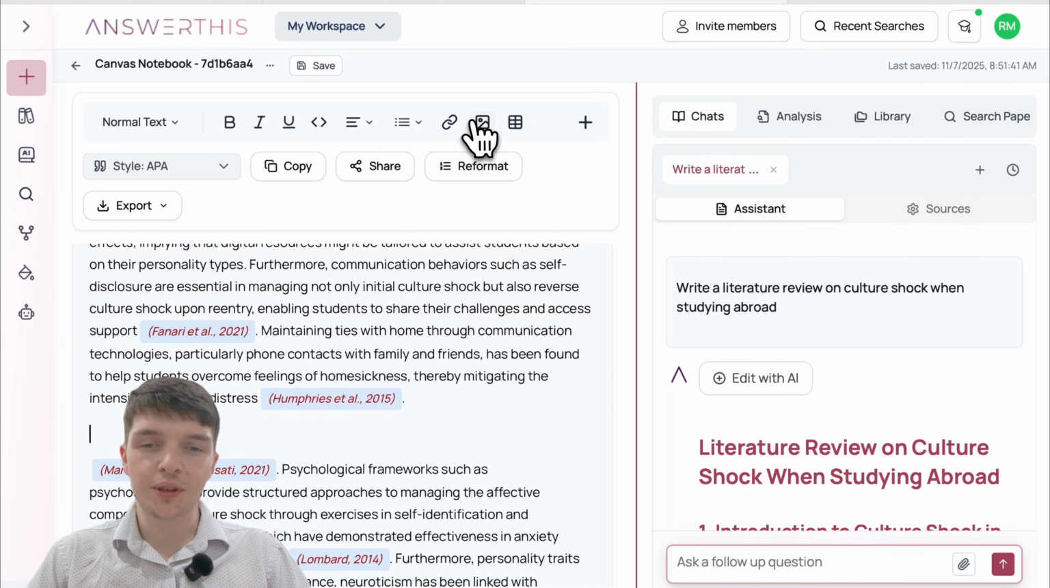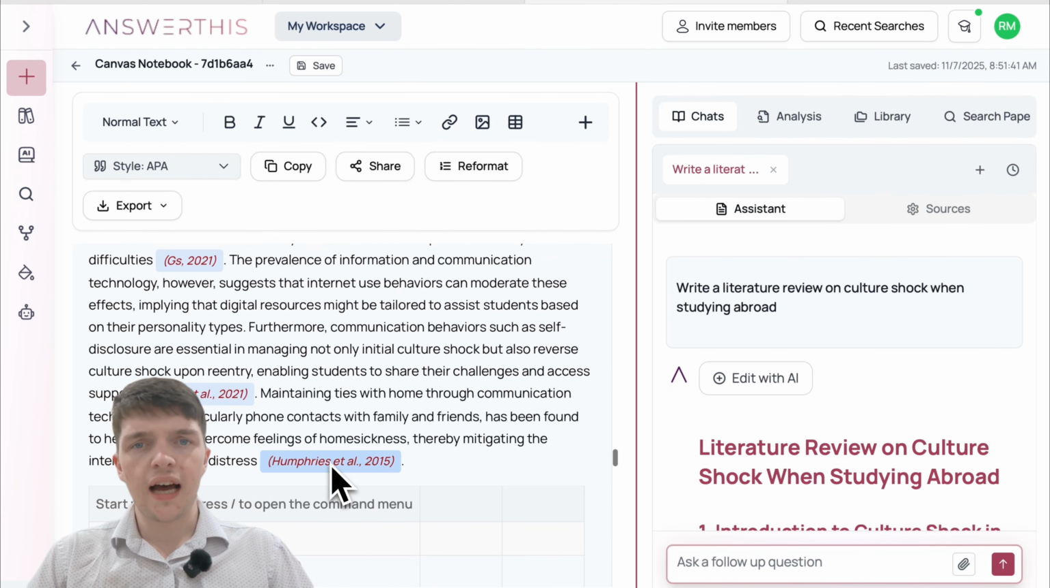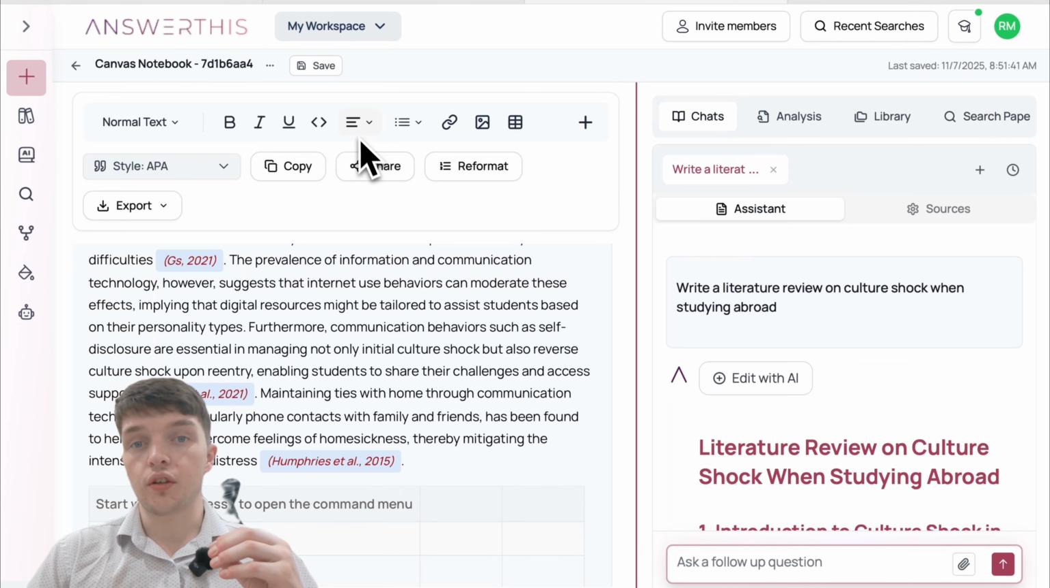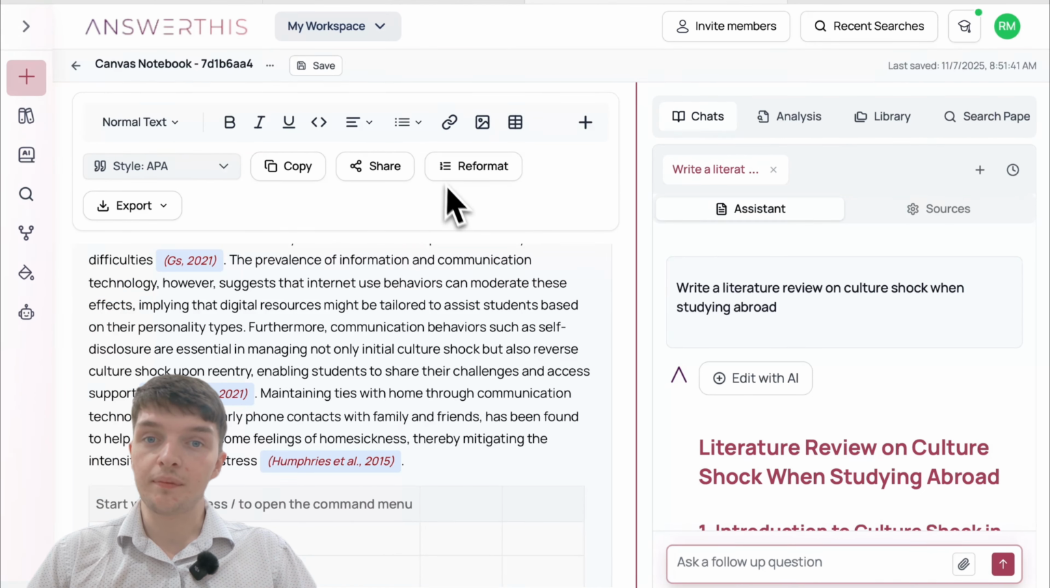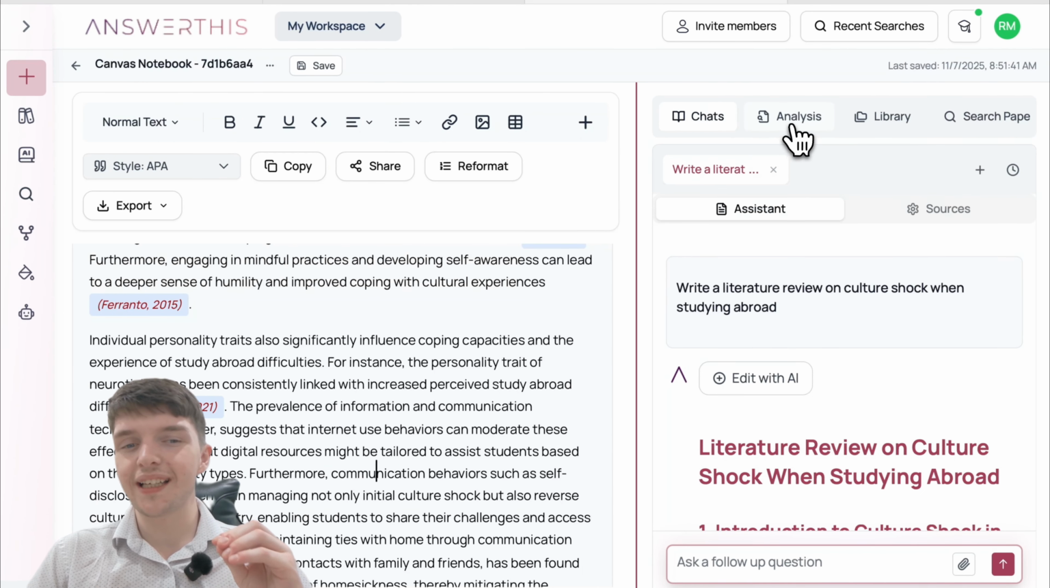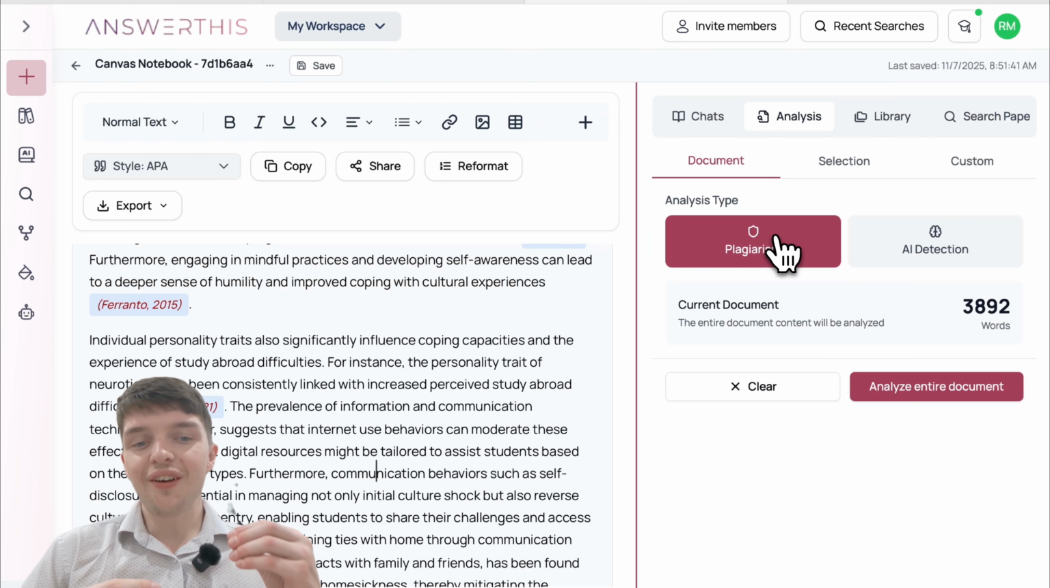You also have the option up here to add images if you wish. You can also create new tables as well. And you also have all the typical Google Doc options that you'd normally see. Now back onto the right hand side, if we click on the analysis section, we have the option to check